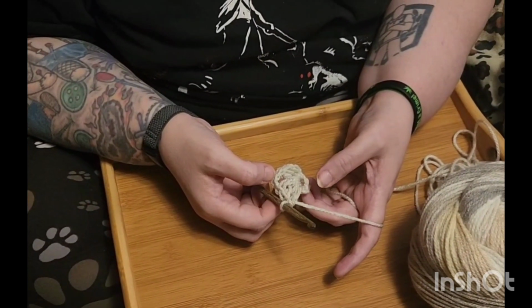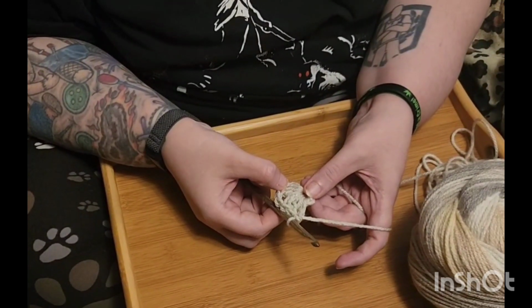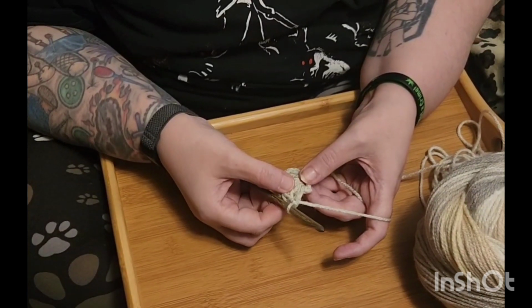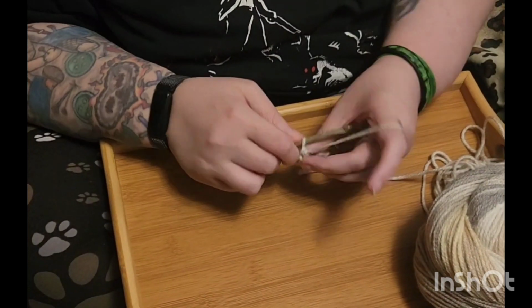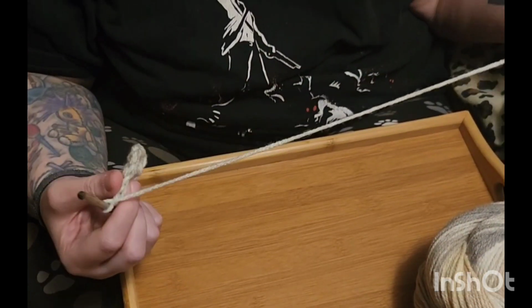So you have all in one loop, you have 3 double crochets, 2 chains, and 3 double crochets. Now this 2 chain is going to be the point of your shawl. You want to make a single crochet that does not count as a stitch,